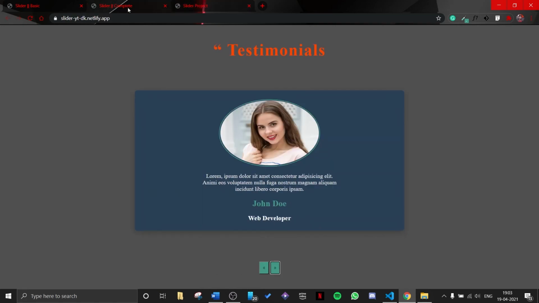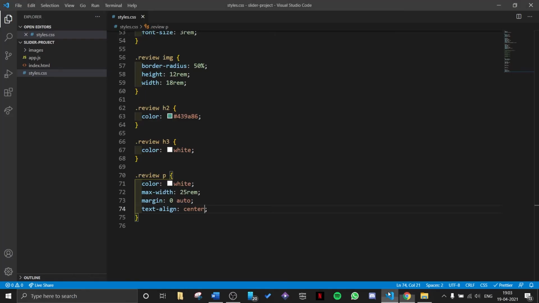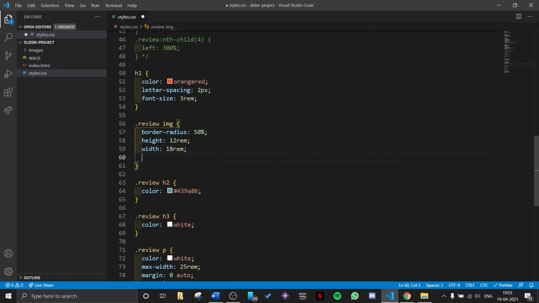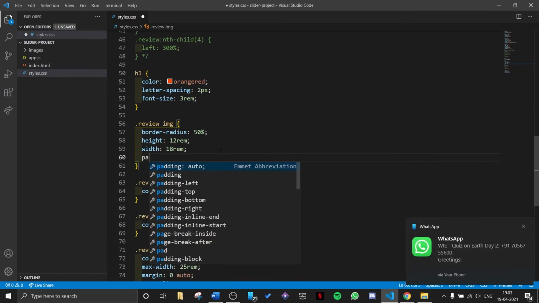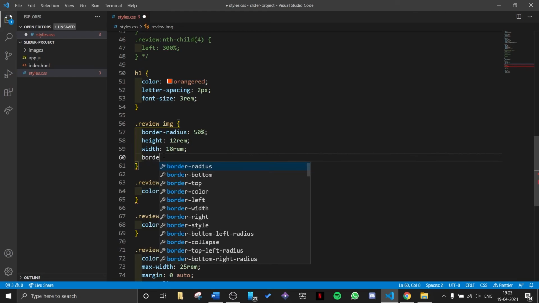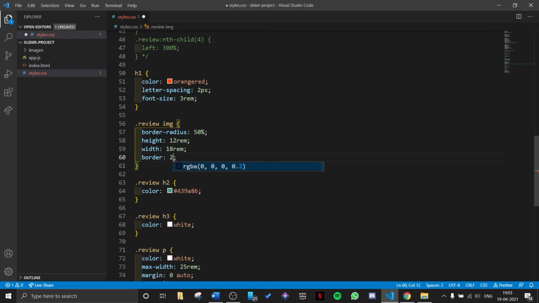The only thing left, I guess, is this border and these two buttons. So let's go back and go to our image to give the border. I keep on getting these messages. I will give it a border of 2 pixel solid, the same green color that I have below.